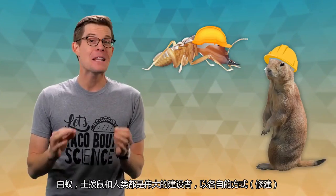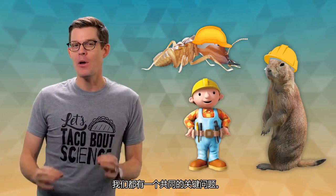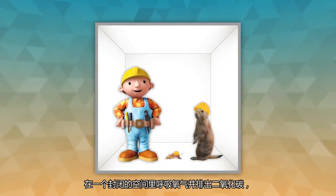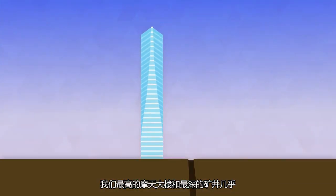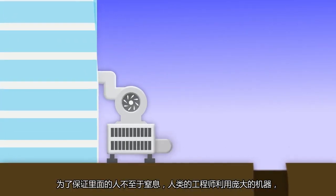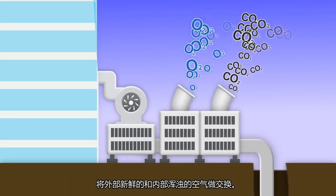Termites, prairie dogs, and people are all great builders, each in their own way. And we all share one crucial problem. Put a bunch of us in a closed space, breathing oxygen in and CO2 out, and it doesn't end well. Our tallest skyscrapers and deepest mines are almost completely cut off from outside air. To keep those inside from suffocating, human engineers use giant machines to bring in fresh air and pump stale air